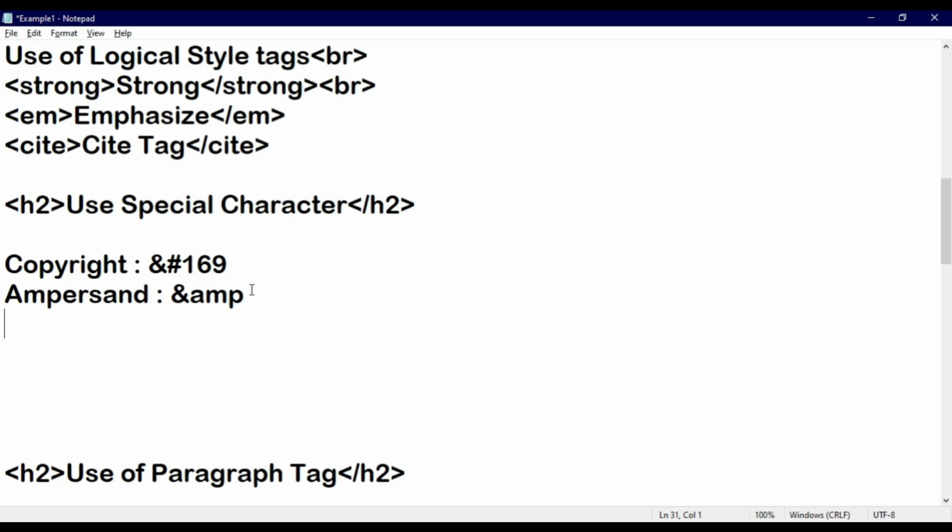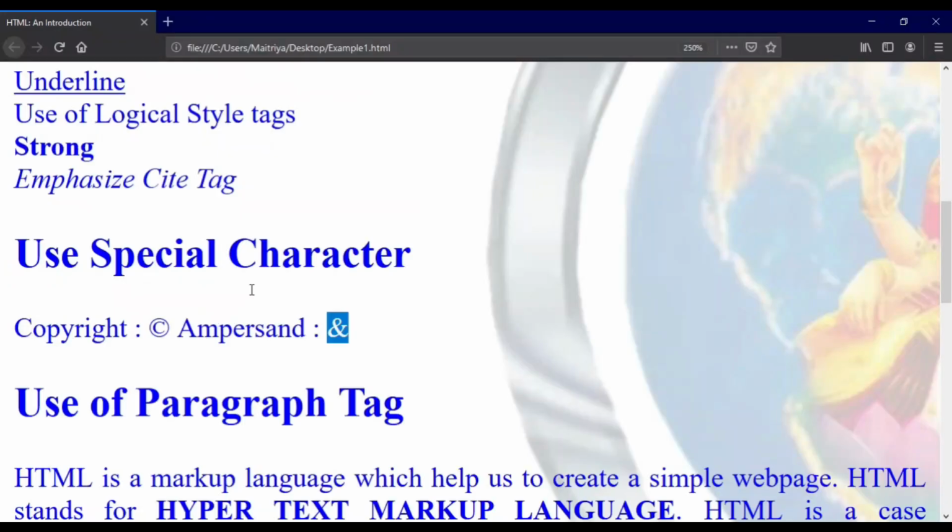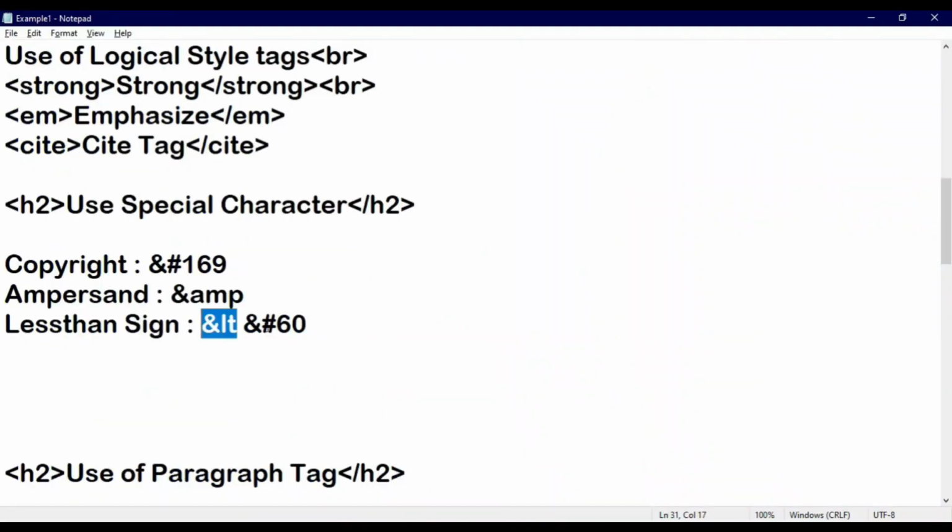For example, if you want to set the less than sign, it is possible in two ways, that is & and lt. Otherwise, you can write & and hash, and provide the numeric value, that is 60. By these two ways, you can display the output on a screen. See, two less than signs appear. So either you can write &lt or &#60. This 60 is nothing but the ASCII value, meaning the unique value of this less than sign, and the computer will understand this unique value very easily, right?